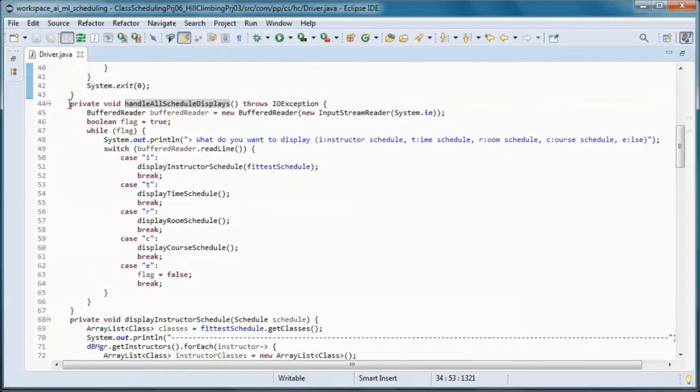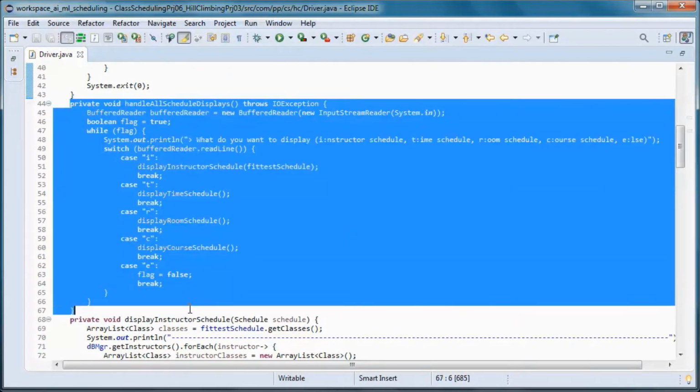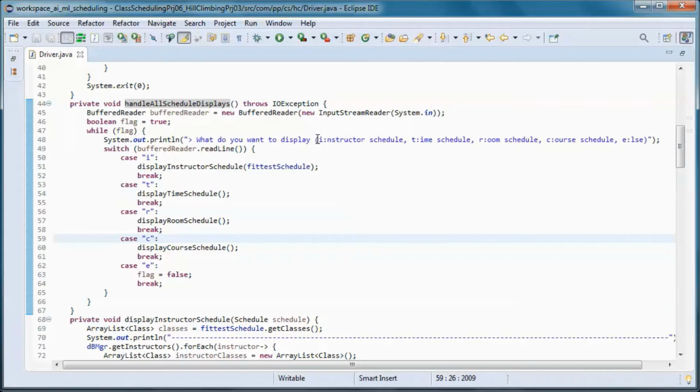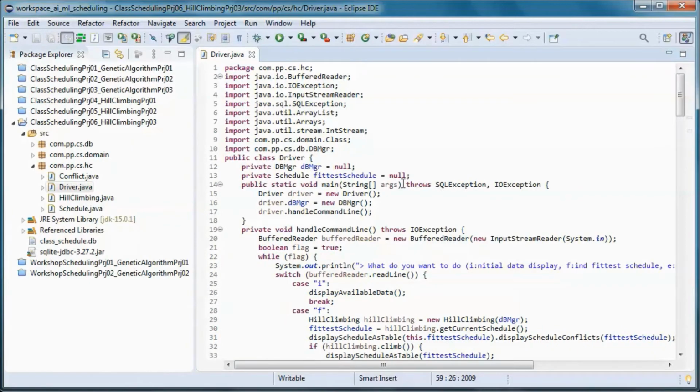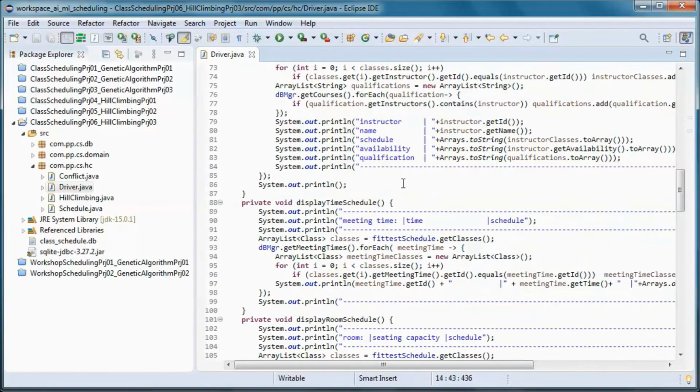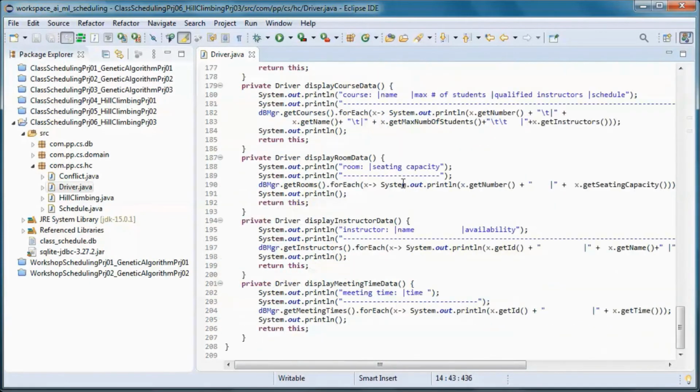So we go here and give the user the option to display instructor schedule or time schedule, etc. And this should do it for this class.